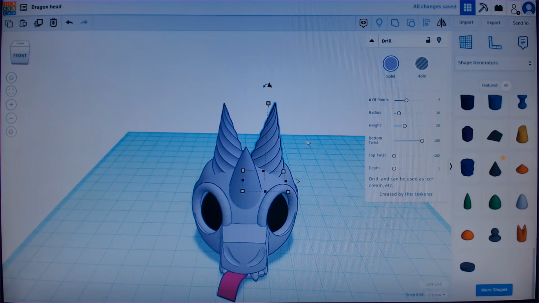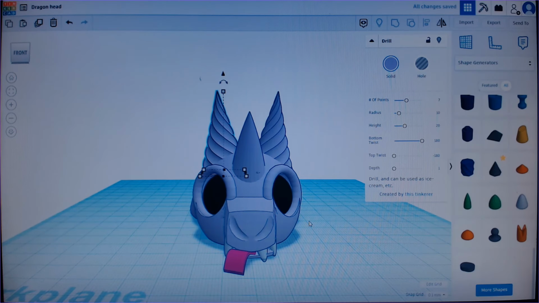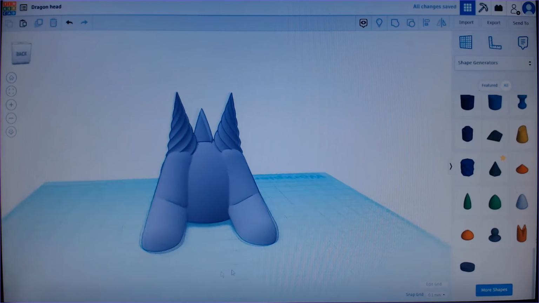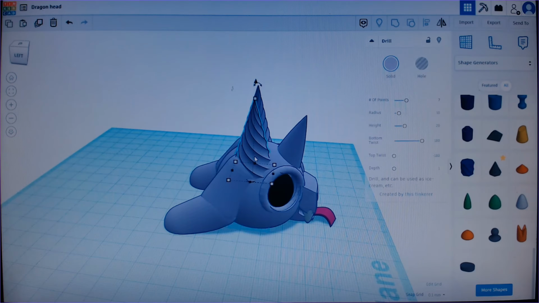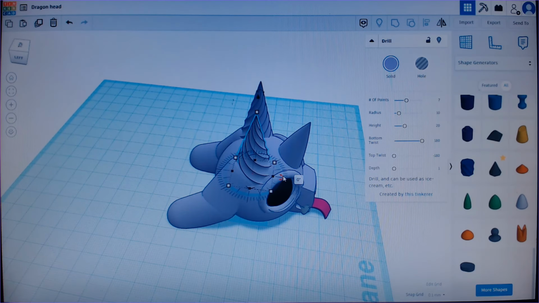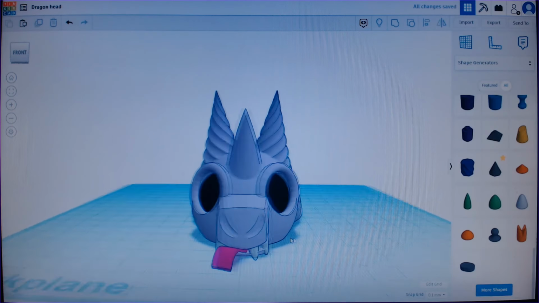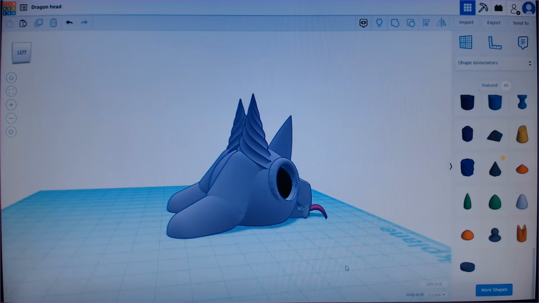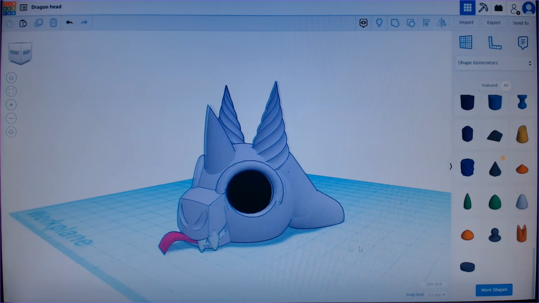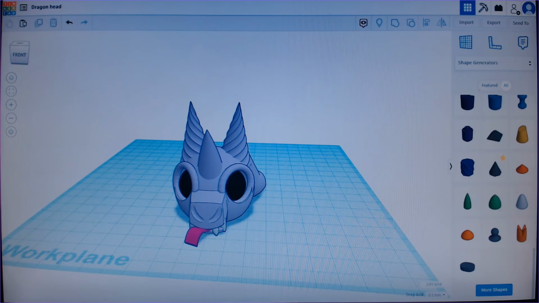I'm still thinking these might need to go further out. I'm not liking that it has this edge there, so I might just do that. Yeah, basically we have a head of a dragon now, which we can combine with the body parts we made the other day in the other tutorial, and we can actually have a print in place